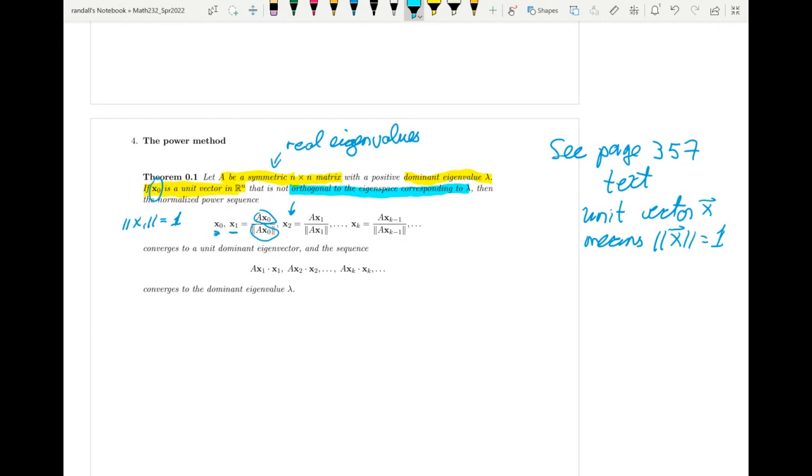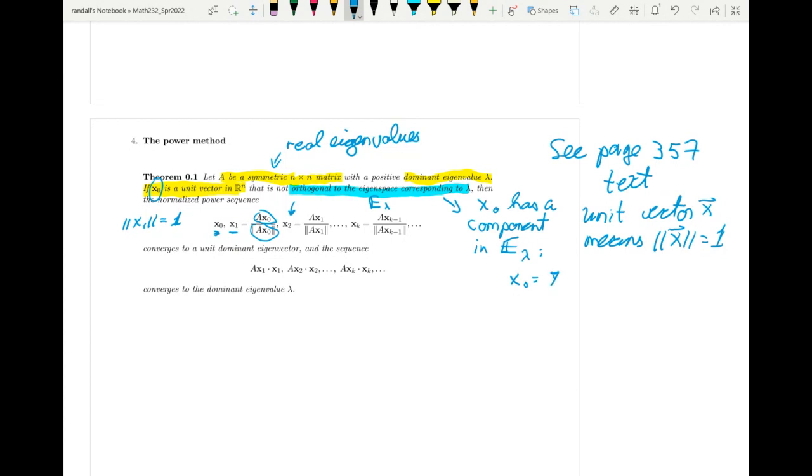In other words, I'll write it down here: x naught has a component in the eigenspace E sub lambda, the eigenspace associated to the dominant eigenvalue. The fact that we want x naught not to be orthogonal to it means that it has a component in E sub lambda. That is, we can write x naught as